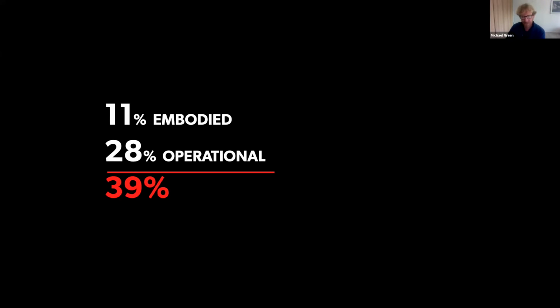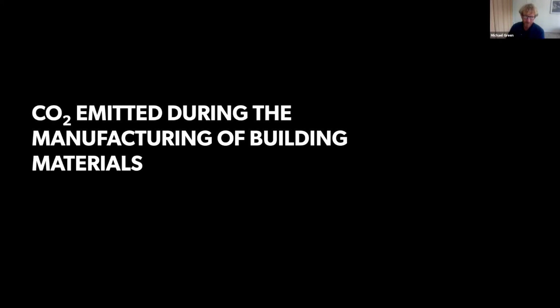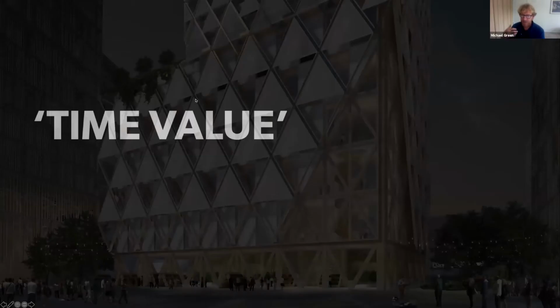The breakdown, as many of you will know, is that of the 39% the building industry relates to, roughly 11% is embodied and 28% operational. Embodied being what the materials of the building themselves are. And so CO2 is obviously emitted in the manufacturing of the building materials, which is fundamentally the issue. And when we start to consider operating, heating and cooling a building versus what the materials of the building